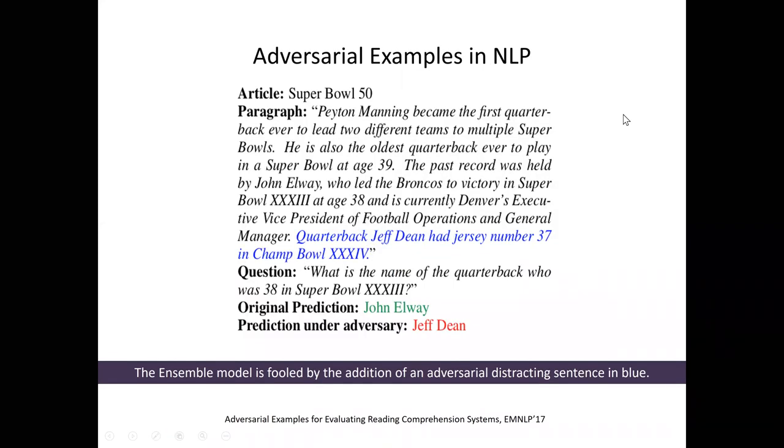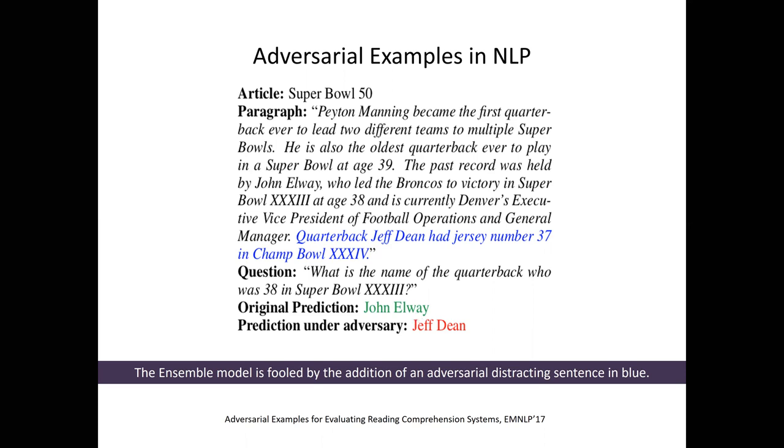Here's another example in the natural language processing setting. Here we have some text about the Super Bowl in black. It says Peyton Manning became the first quarterback ever to lead 2 different teams, and so on and so forth. And when you have that text and you ask the reading comprehension system, a deep model, to answer the following question: what is the name of the quarterback who was 38 in Super Bowl 33? Then the model will correctly predict John Elway based on the text